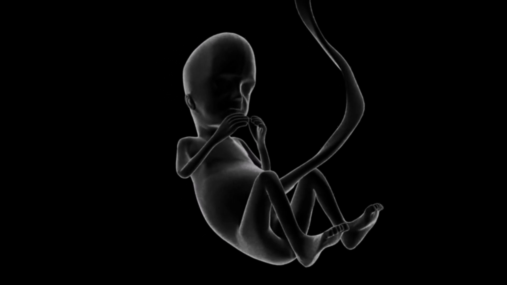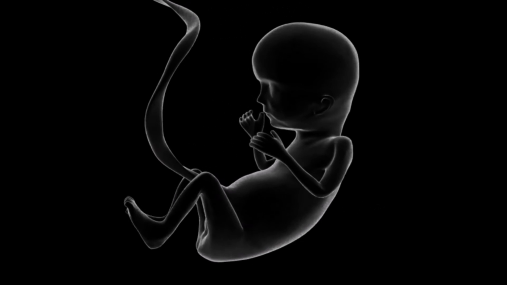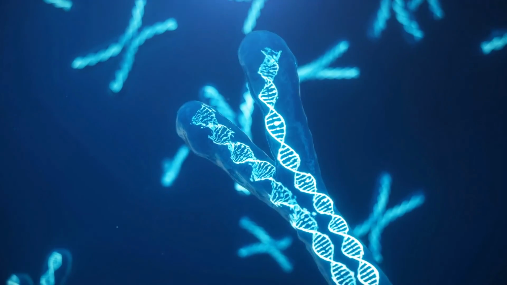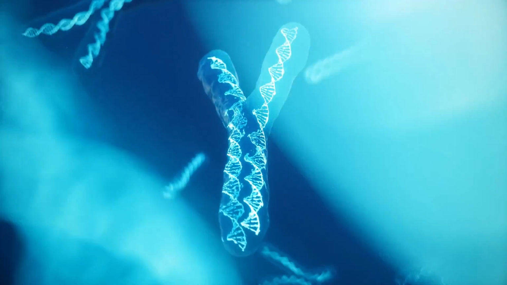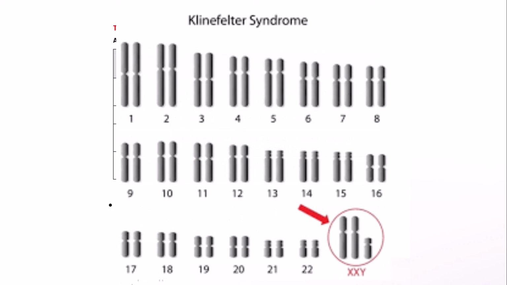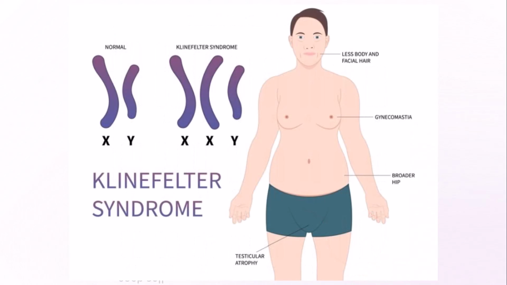Non-disjunction in meiosis can also lead to abnormal numbers of sex chromosomes X and Y. Unusual numbers of sex chromosomes seem to upset the genetic balance much less than unusual numbers of autosomes. This may be because the Y chromosome is very small and carries relatively few genes. Males with Klinefelter syndrome have inherited 2 X's and 1 Y chromosome for their 23rd chromosome. People with Klinefelter syndrome tend to be sterile. They have underdeveloped testes and may have secondary female characteristics such as small breasts.